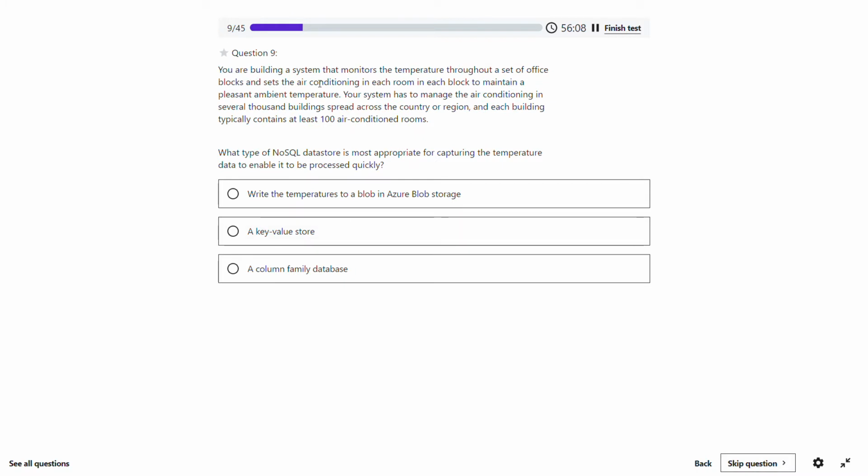Okay, so you are building a system that monitors the temperature throughout a set of office blocks and sets the air conditioning in each room in each block to maintain a pleasant ambient temperature. Your system has to manage the air conditioning in several thousand buildings spread across the country or region, where each building typically contains at least 100 AC rooms. Which type of NoSQL data store is most appropriate for capturing the temperature